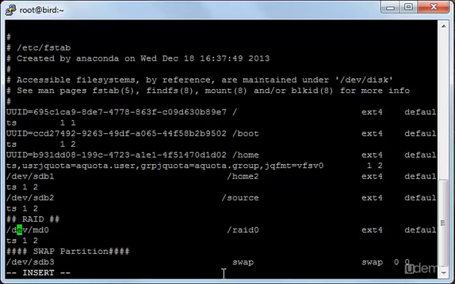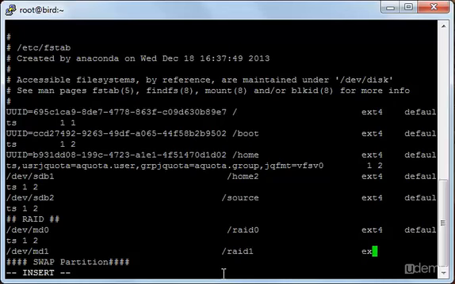Sorry, I mean you will go all the way to here, and then after this 2 you will press enter, and you will add /dev/md1 and all the way up here, then /RAID1, and here ext4, then defaults 1 and 2,